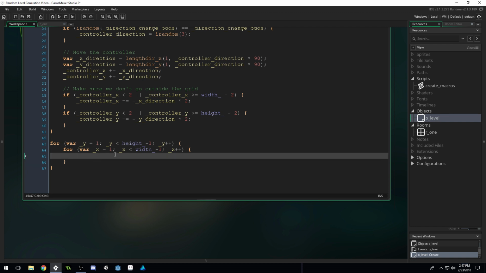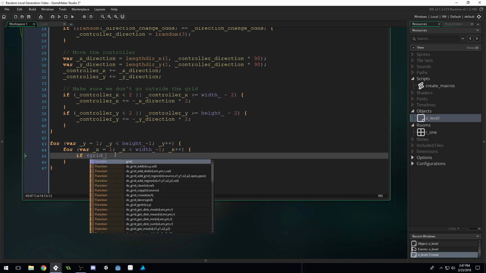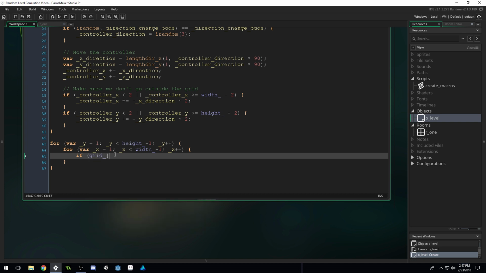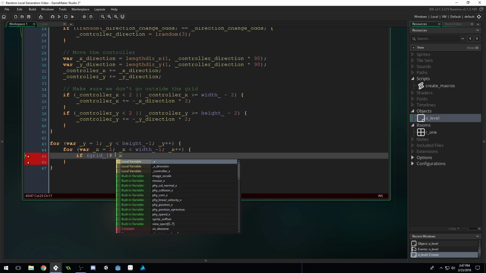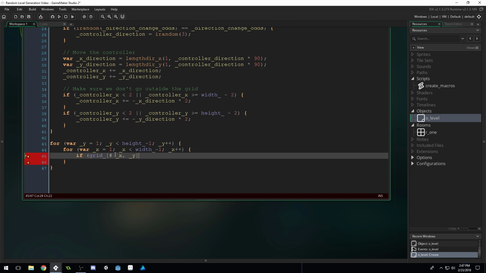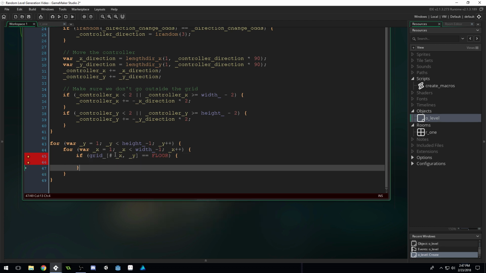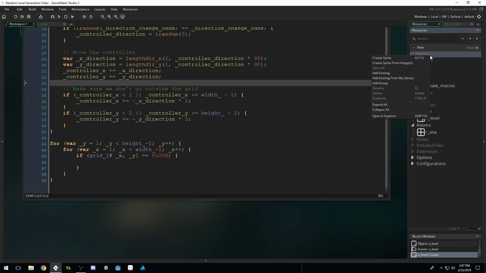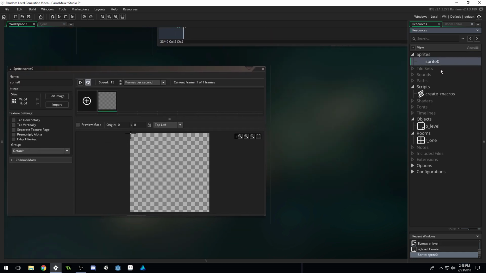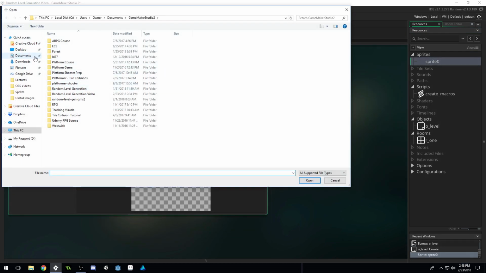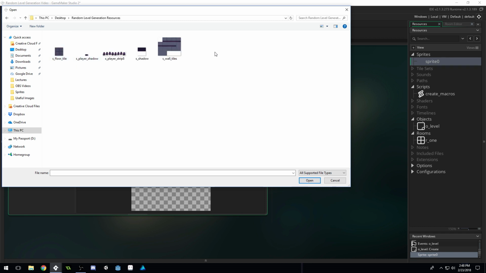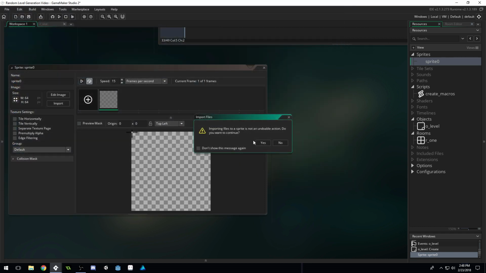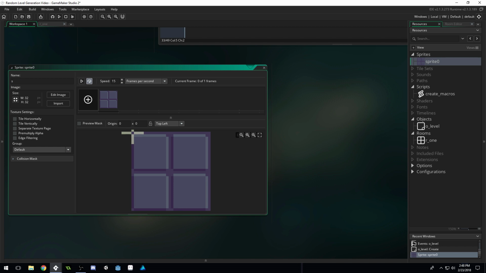Then we'll say if grid at our current position, x, y is equal to floor, now we're going to set a tile here. Now we need to import some graphics, so come to sprites. I'm going to put these in the description, by the way, the sprites for this. So I'm going to import this floor tile first. We'll just name it S floor